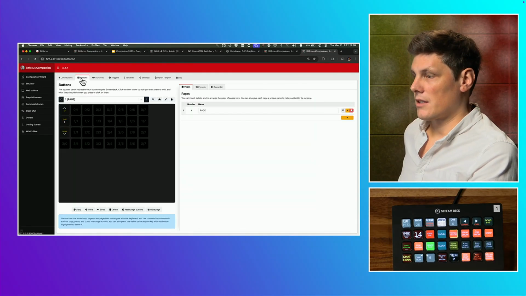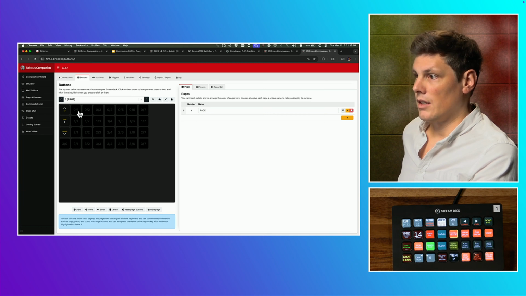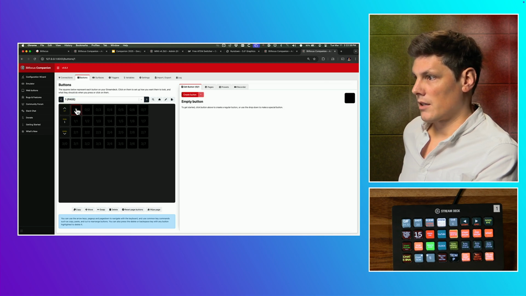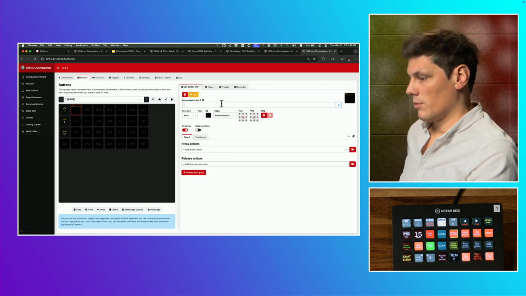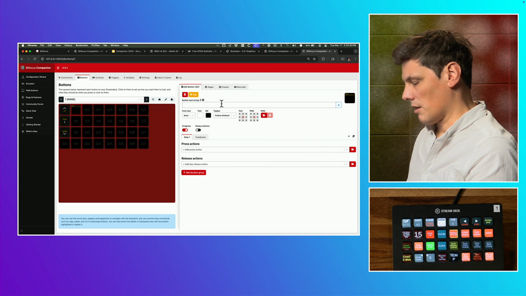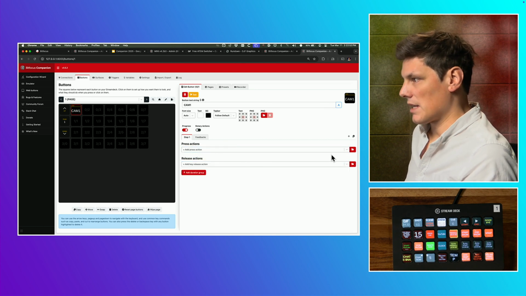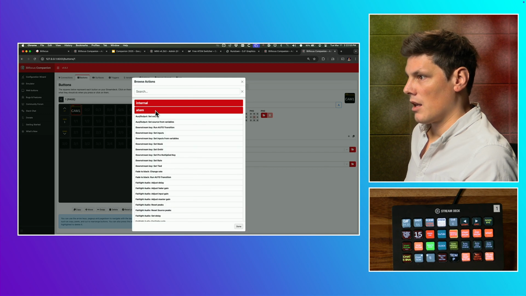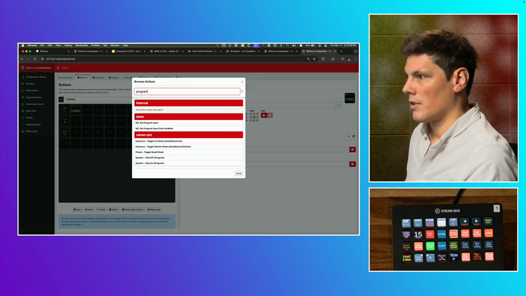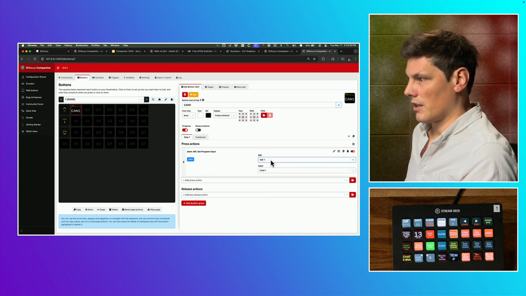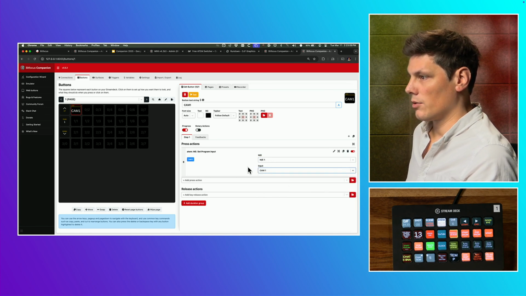Let's take a look at the buttons tab. And first of all, I want to talk about the canvas and navigating that. So click on the buttons tab, and you'll have just one page to start with. And you've got these up and down buttons, and you'll just create a button, and we could go like, Cam 1, if we want to put camera 1 in. And we could go in the press actions down here, we can select our ATEM, and we could search for program and set program input. And so now I can say on the mix effect layer 1, I want to put camera 1 into program,